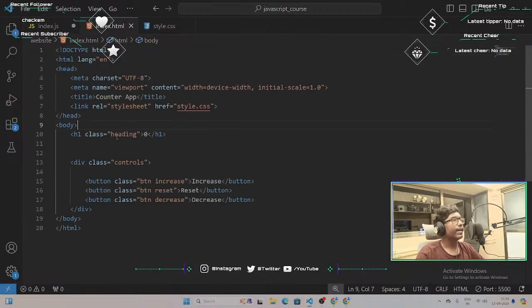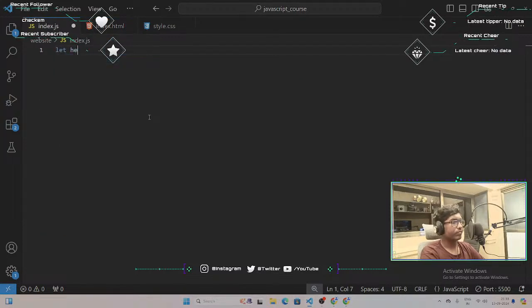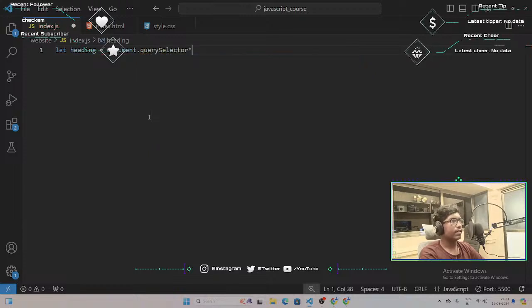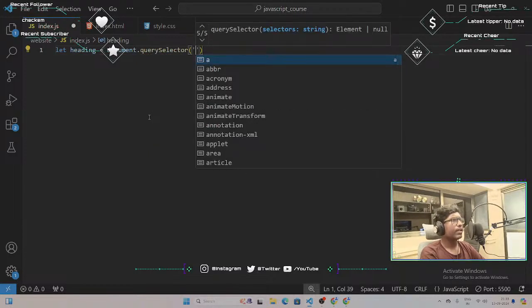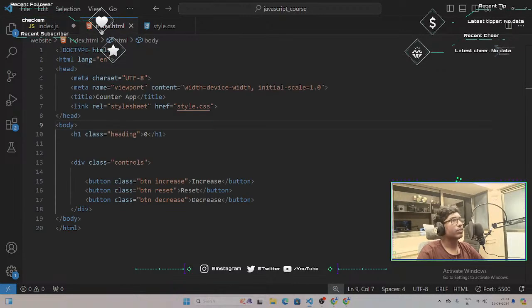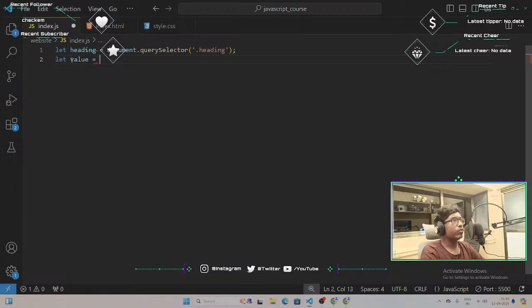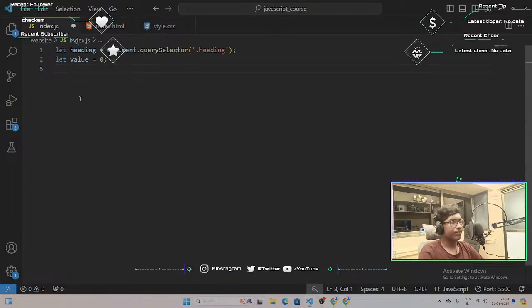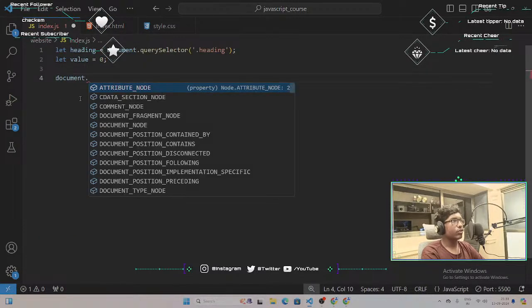What did I name my heading? And I'm gonna use query selector here. Did I give it a class? So I give it a class, all right. And so basically, let value equal... We're just gonna manipulate the value here. Value we're gonna set that to 0. So, document dot